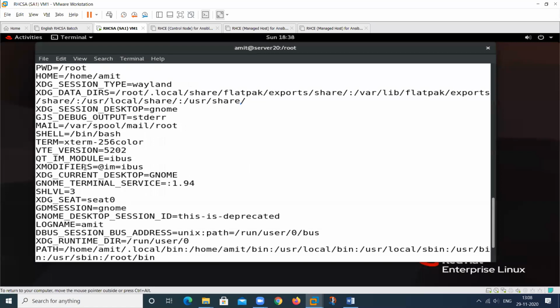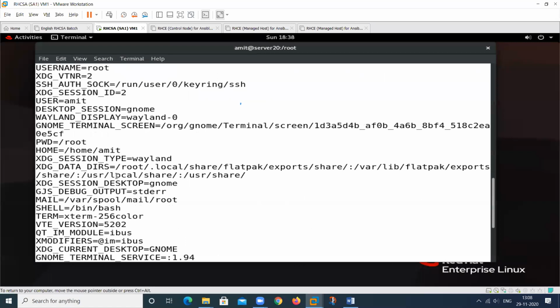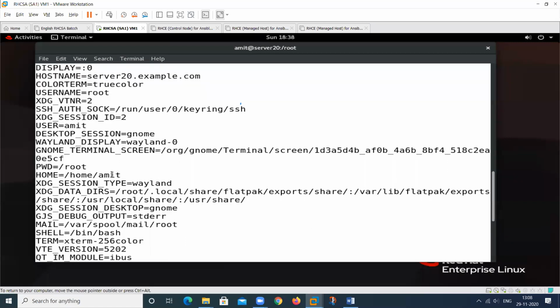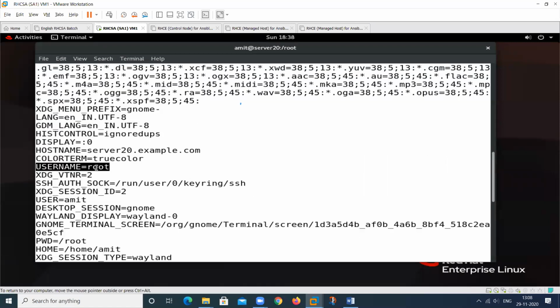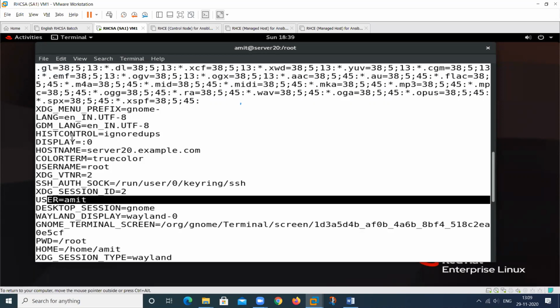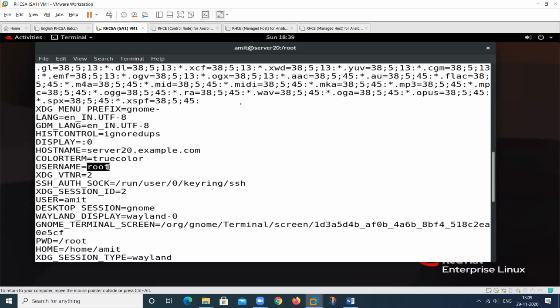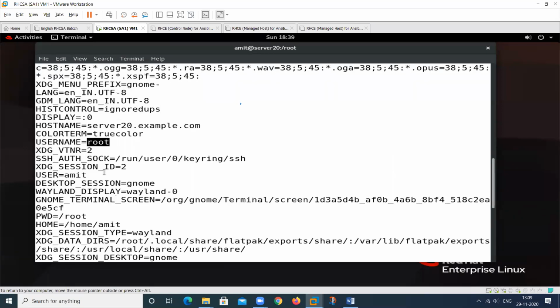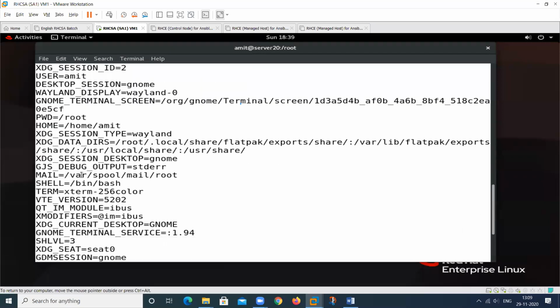At this time, where am I working, in which working directory? What is the home directory of this? This is the home directory of this particular user. And what is the username? This will show me the environment. Root is logged in. On this, you have logged in as this particular user. At this time, we have the information regarding this. So this is the program of which? Of the root user. So that is the small difference between su without hyphen and with hyphen.